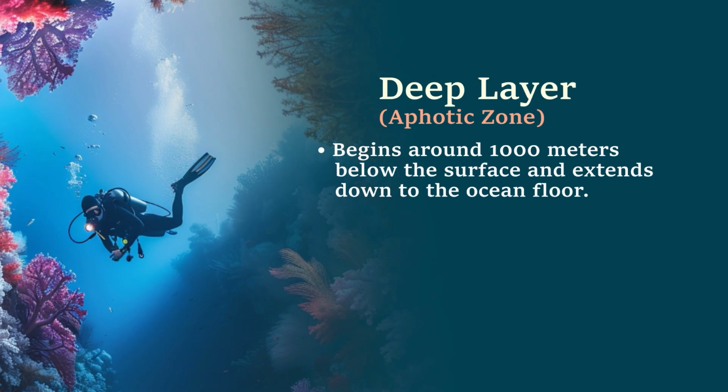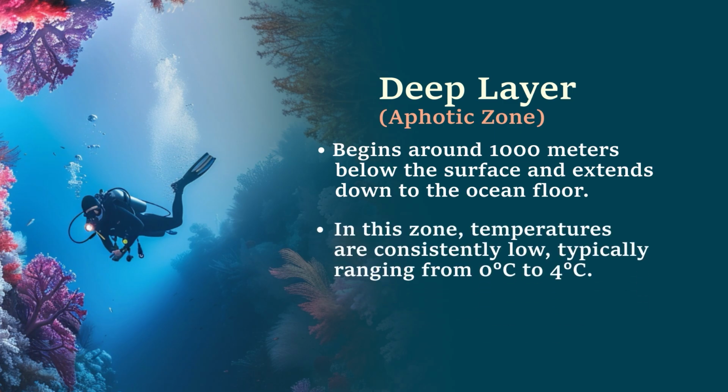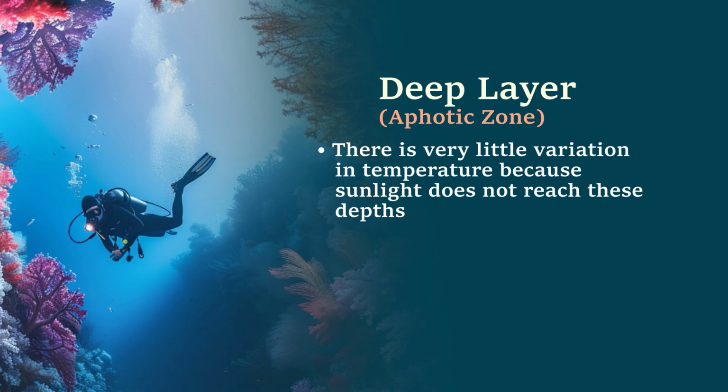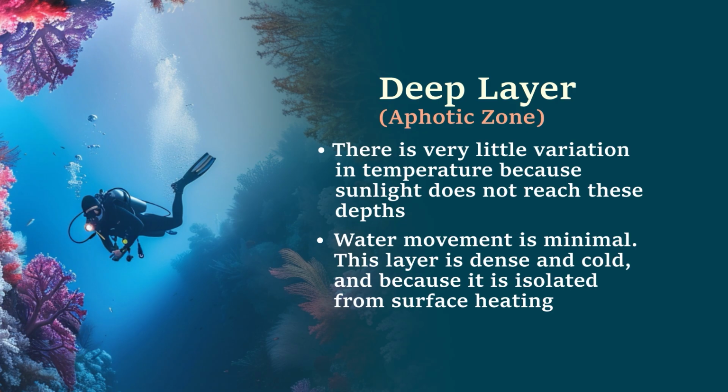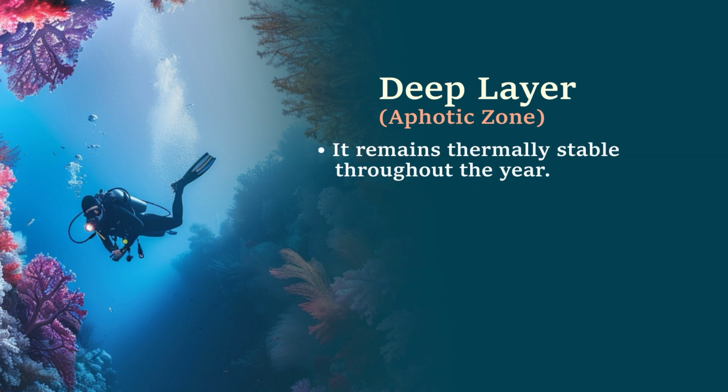Now, coming on to the aphotic zone or the deep layer of the ocean. It begins around 1000 meters depth below the surface and extends down to the ocean floor. In this zone, the temperatures are consistently low, typically ranging from 0 to 4 degrees centigrade. There is very little variation in the temperature because sunlight does not reach these depths and water movement is minimal here. This layer is dense and cold, and because it is isolated from surface heating, it remains thermally stable